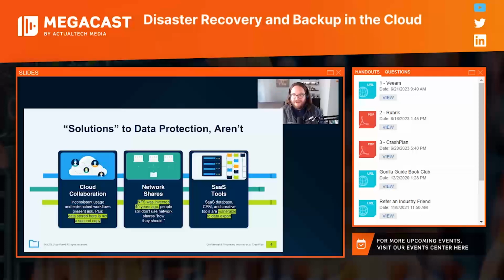I don't know about your salespeople, but the salespeople that I interact with on a regular basis love their CRM. However, anytime that they're actually interacting with things like customer lists, or they're trying to edit particular things, they will actually go through and they will export that to a CSV or an Excel document, and then they will interact with it directly on their laptop. So that then may or may not ever make it back up to the cloud.